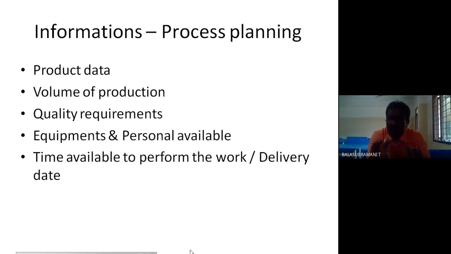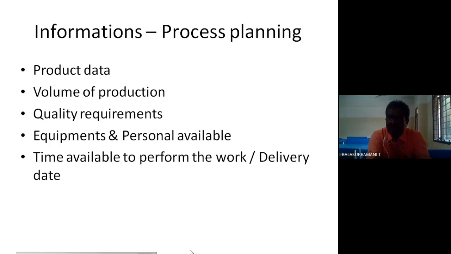So personnel available: which type of machines are available, and how many machines? If your product is based on the lathe family, only 2 lathes do not meet the production. At that stage we have to have more lathes, so 25 lathes or 50 lathes or 30 lathes or 10 lathes. You may concentrate on meeting the production. So these are the personnel data.